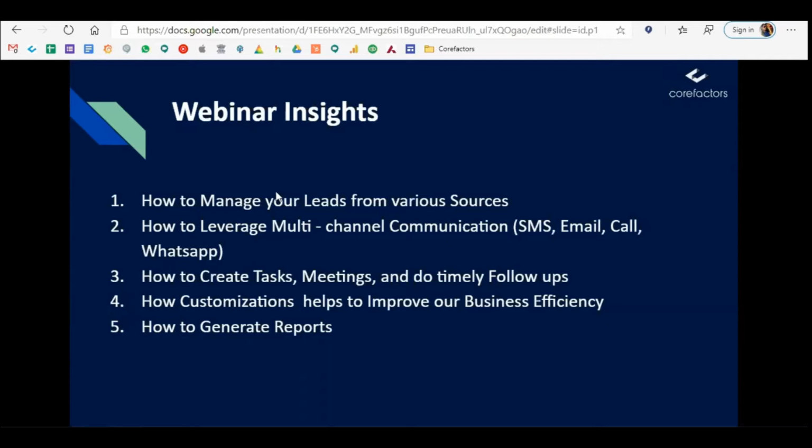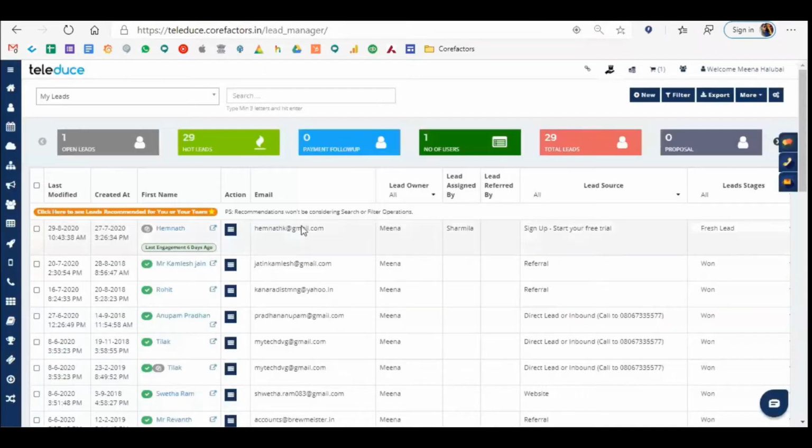At last, we'll see how we can generate reports as well. So let me share my Teledues account with you guys and see how we can start with Leadbox.